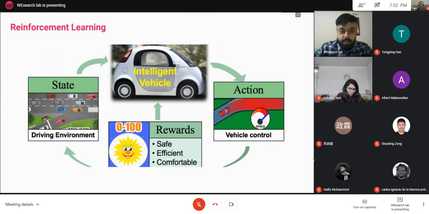And rewards would be to be safe, comfortable, and efficient, and to avoid collisions or going above the speed limit, etc. So through a combination of these, and of course with very sophisticated tracking systems to, first of all, get the data of the driving environment, and second, decipher what that actually means in terms of coding, and then go through action and reward, that's basically how